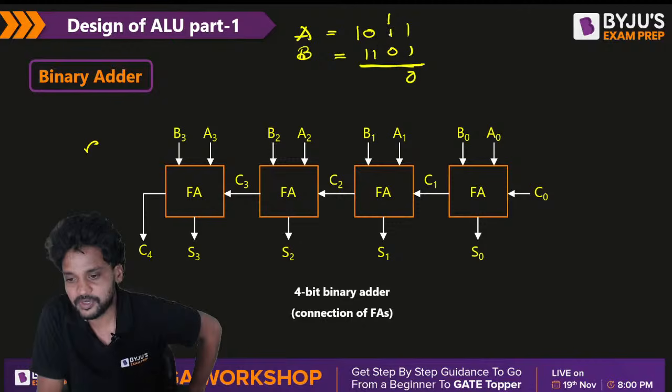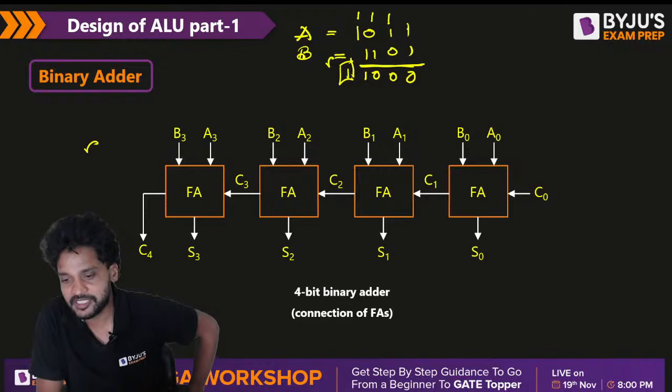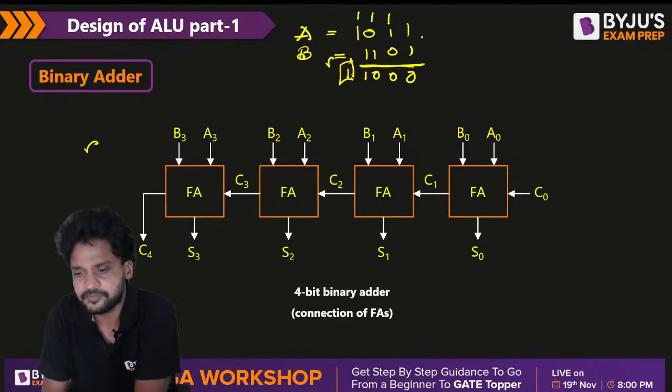So 1 plus 1 plus 0 is equal to 10, 0 here, 1 here, 1 1, 0, 1, 1 1, 1, 1 1. So there will be an end carry, and here once again 1 1, 1 0, 1 0, 1 1, 1 0, 1 1, 1 0, and 1 1 1, 1 1. So once again,